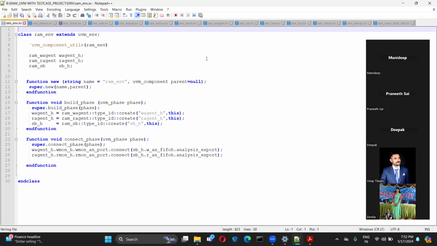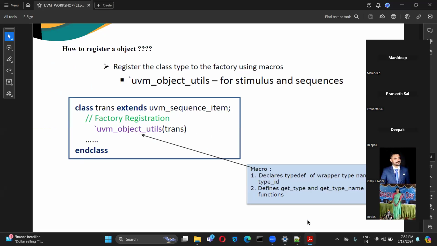Okay. So now the other thing is the object utils. We will see how to register an object in the factory. The macro you have to use is tick UVM object utils, for transaction and sequences. So for these two, we will be using the object utils. We will see the code as well.